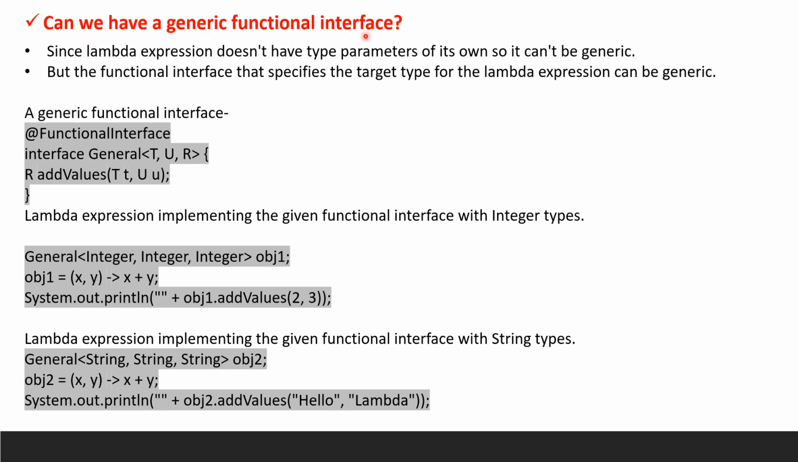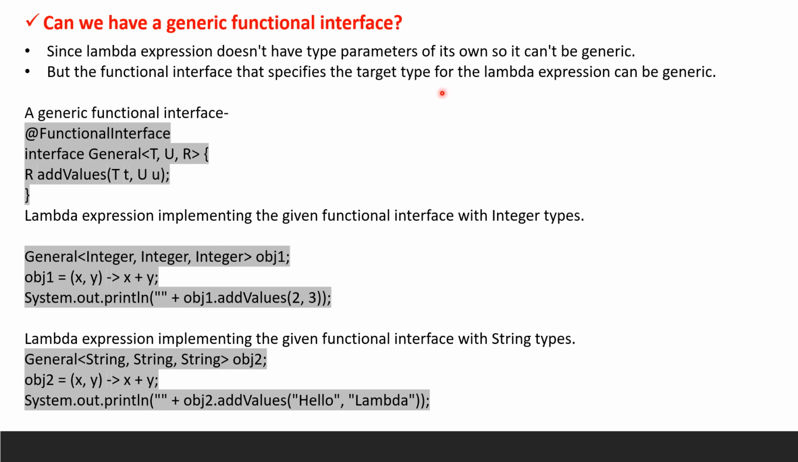Can we have a generic functional interface? We have seen the functional interface, but can we have a generic one? Can we have a custom functional interface? Since a lambda expression does not have type parameters of its own, it cannot be generic. But the functional interface that specifies the target type for the lambda expression can be